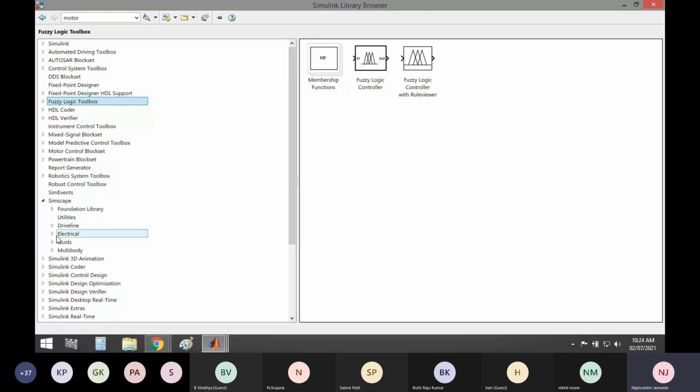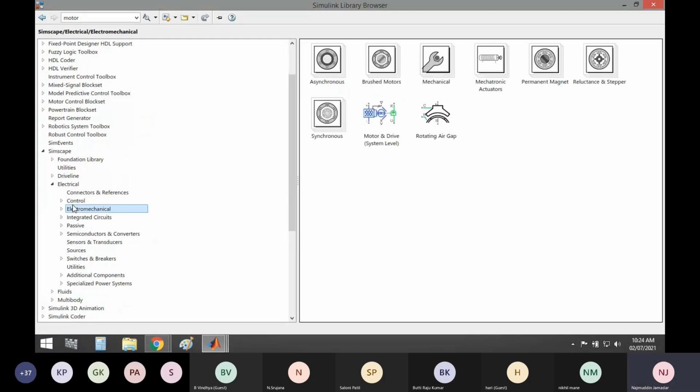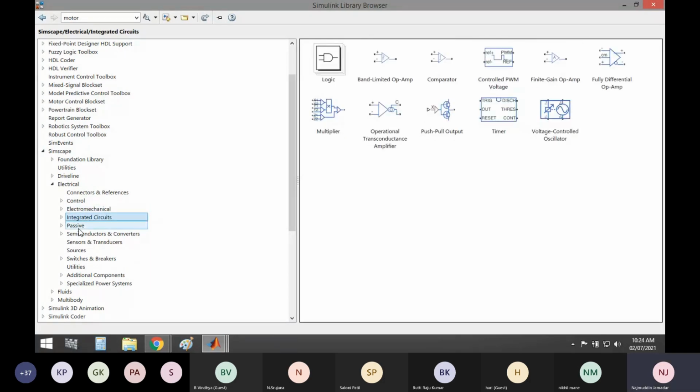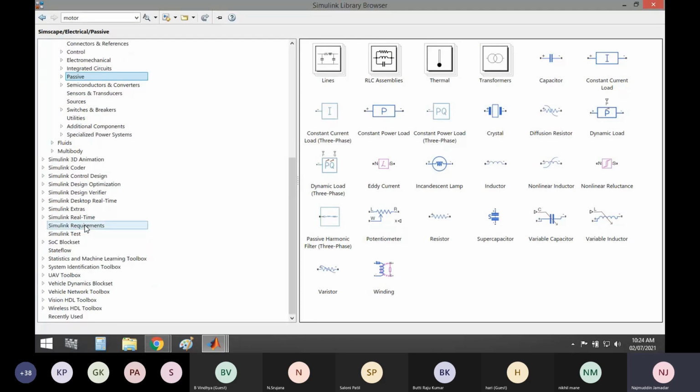Simscape, then Electrical. Motor drives, integrated circuits, passive circuits, the entire thing is there. There are a number of toolboxes available here, so you have to select the appropriate toolbox.